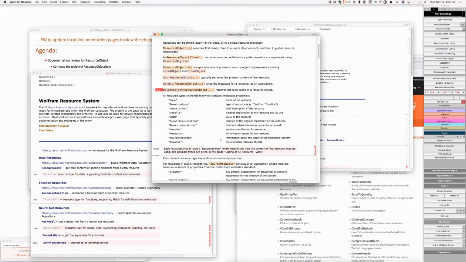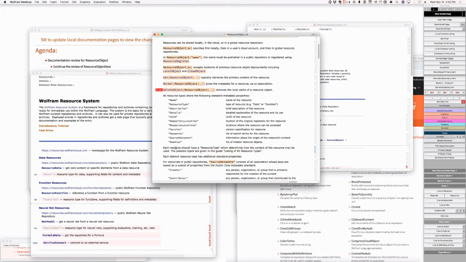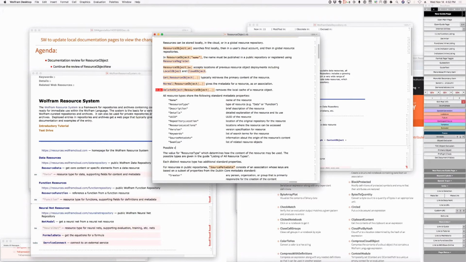Okay, fine. So that's correct for all of these, right? That's right. Okay. The setting, the value, possible values for resource type. Possible standard values for resource type include